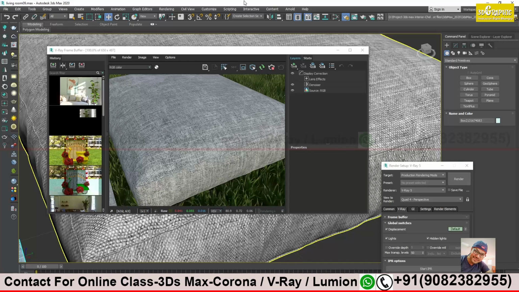We can see dark and light shades. Yeah, it's coming proper. Now it's not even, no? It's uneven kind of. We can see lots of dark and light shades. So wherever the light is falling, it is brighter, and wherever less light is falling, it is lighter. And when we use this displacement, it will add more on that, no? Correct. So it gives a quite natural effect. Okay, all right.